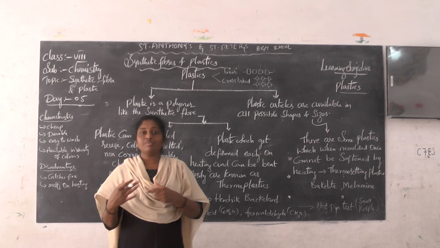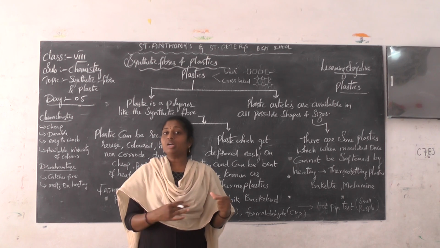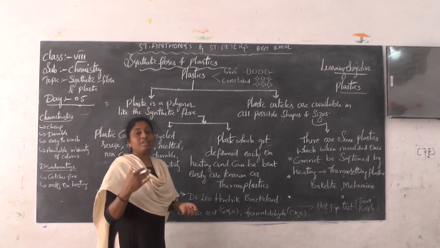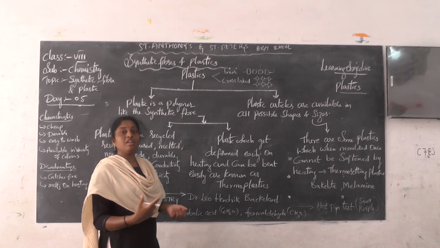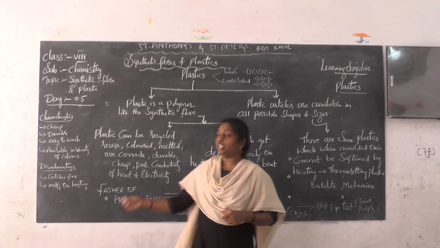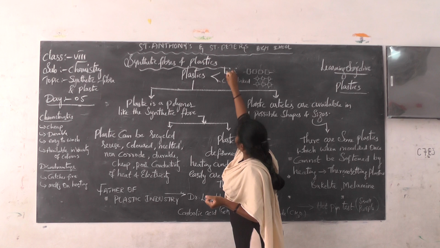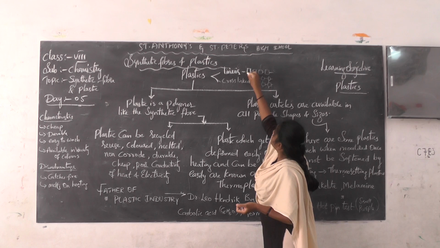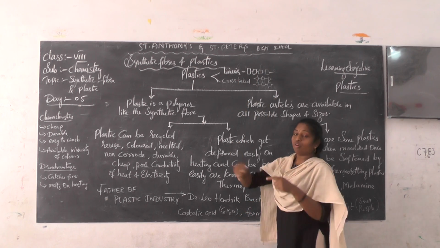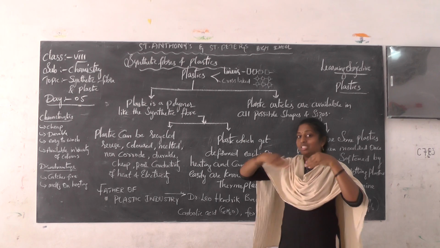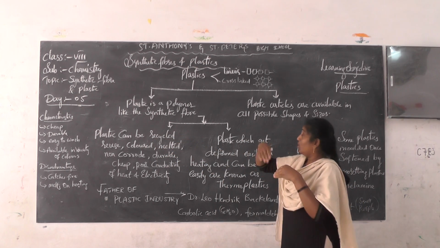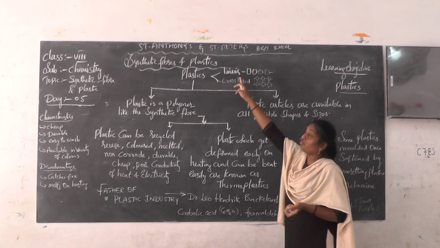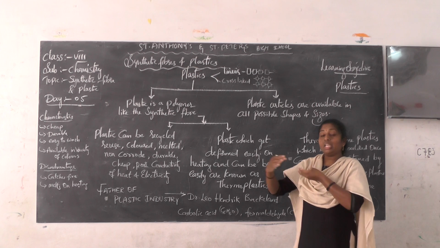Now we see the different types of arrangement. In the synthetic fibers we did not observe the arrangement. We learned only the monomers and polymers. But here in the plastic, you can see two different types of arrangements. One is the linear arrangement, one is the cross-link arrangement. Now let us see. Linear arrangement means the single units join together and form a linear. Linear means a straight path, a straight way. Straight units. So here also one unit is joined with another and forms a linear. This is called the linear arrangement.